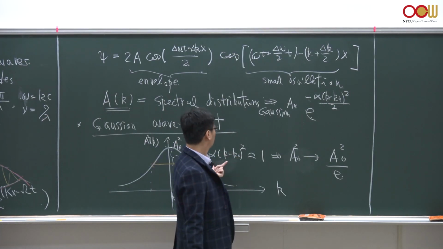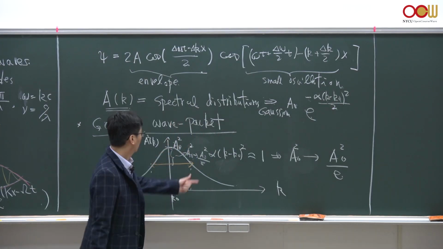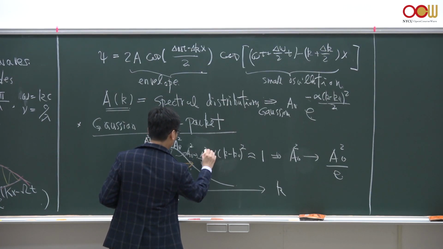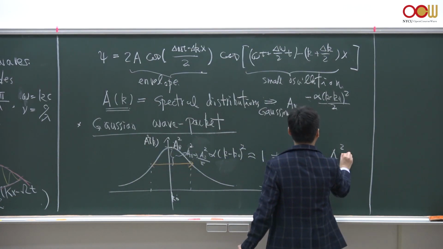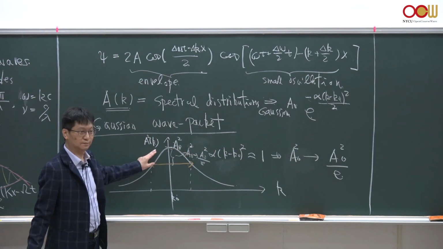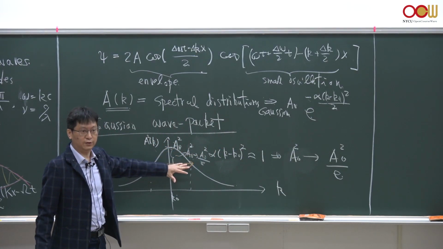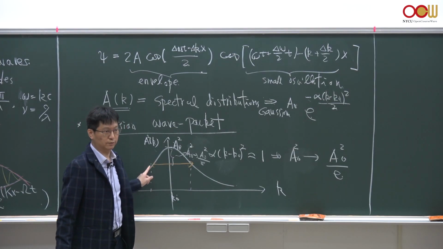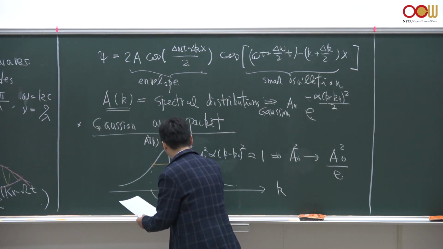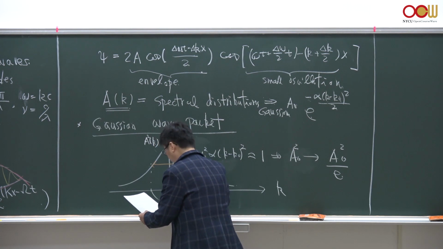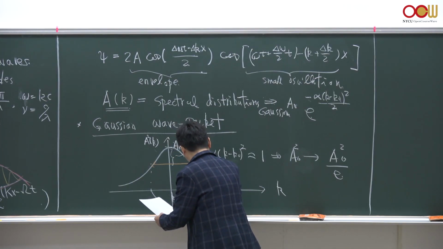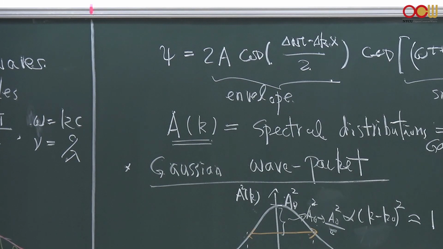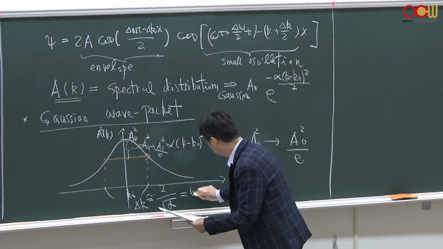So when this is actually 1 over e, a0 squared divided by e, you should square this. Okay, but you could define this width in a different way. But this is a conventional way that you can define the width of the peak, and you could calculate the width delta k based on this definition, which is 2 over square root of alpha from the Gauss integral, and we can define that this is an uncertainty